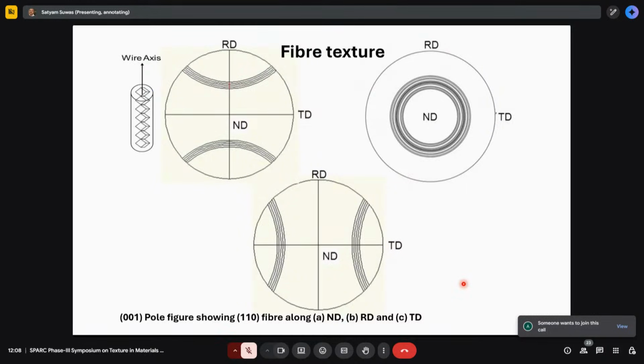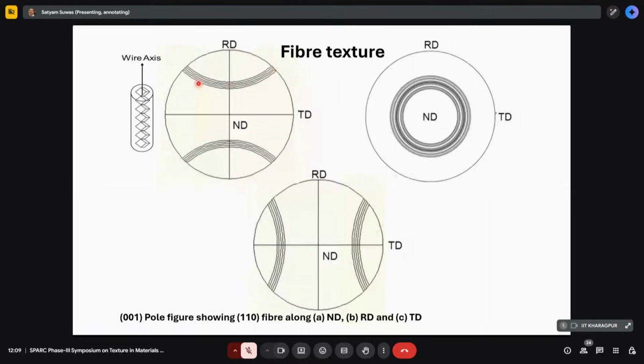So now what happens for these situations, you get what is called fiber texture. If you plot a pole figure, instead of a point, you will get a fiber. You get a continuous line because you have the plane and there is one axis which is presented there. So this is actually RD, TD is not there. You're presenting this in a specimen frame of reference, and then you get a continuous line in place of a point,